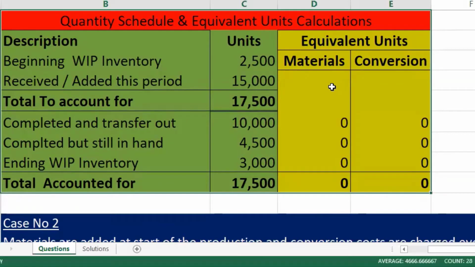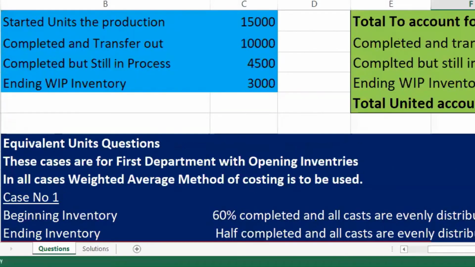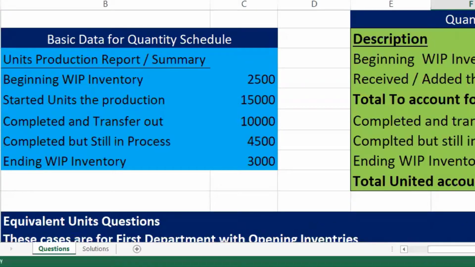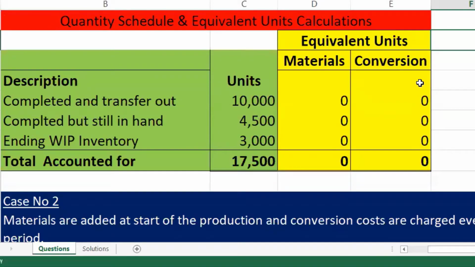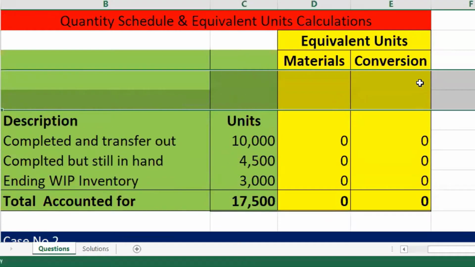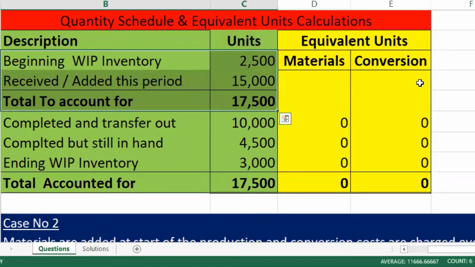Another thing is, when we have to prepare only equivalent units data, I can use this format as well. Otherwise, I will prefer you to do these calculations simultaneously, at the same time in one table. So you prepare both of the schedules in one table, which I have used, and do your workings according to this table and in this format.